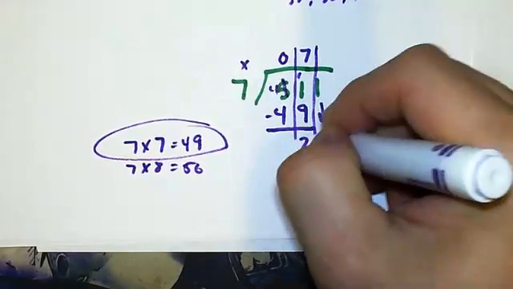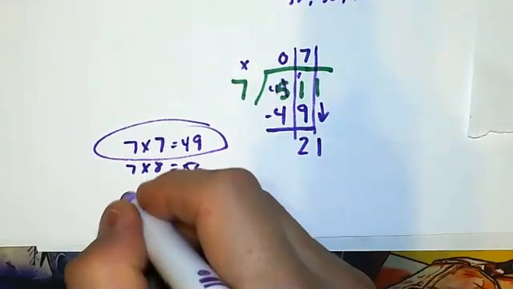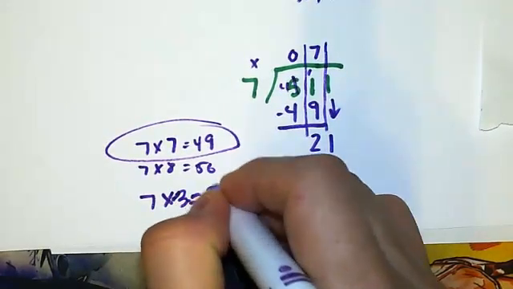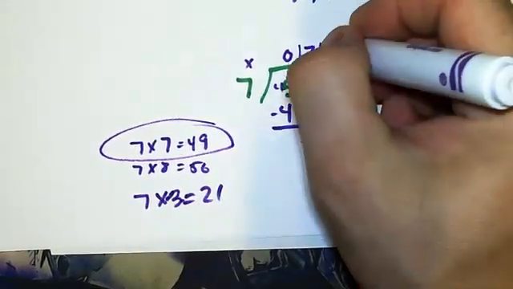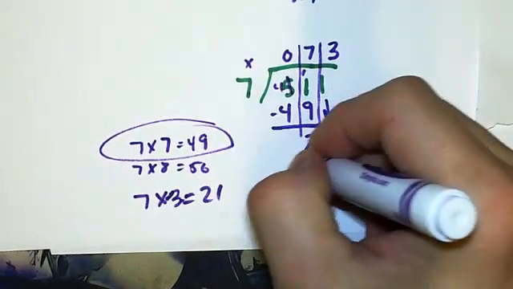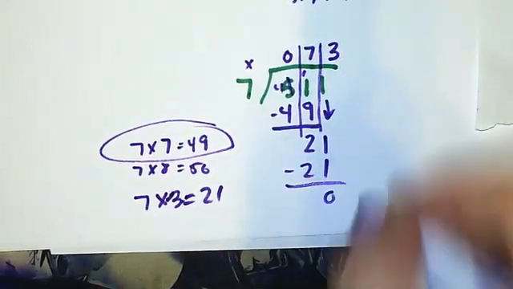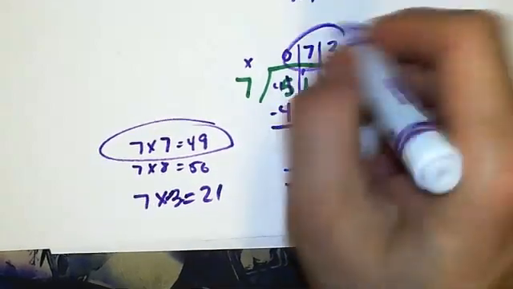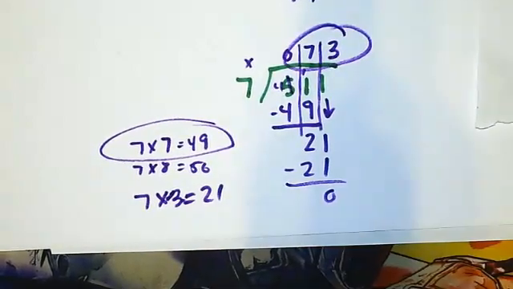Drop my last one over here. And I know that 7 times 3 is 21. So 3 times 7 is 21. And I'm done. No remainder, nothing else to drop. 73 is my answer. Okay, so that was